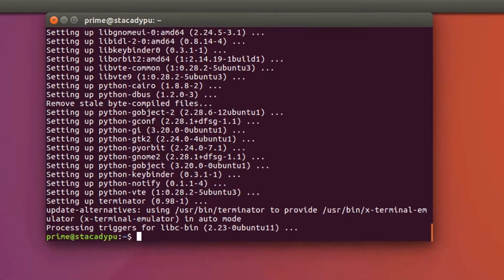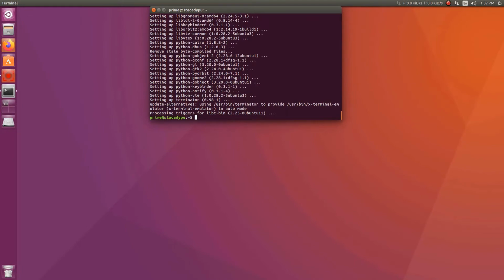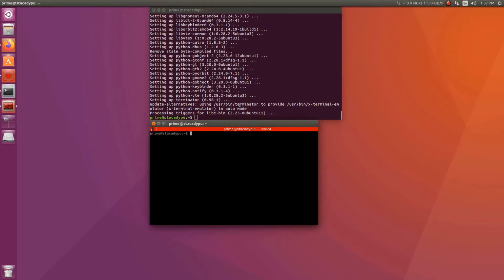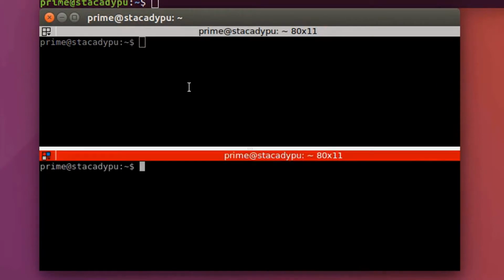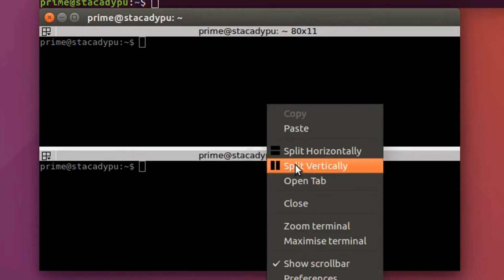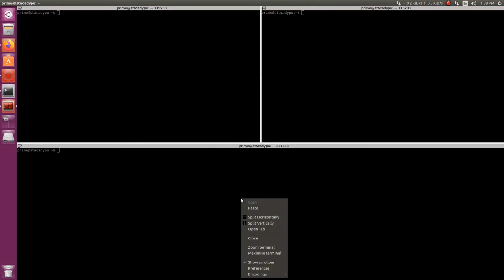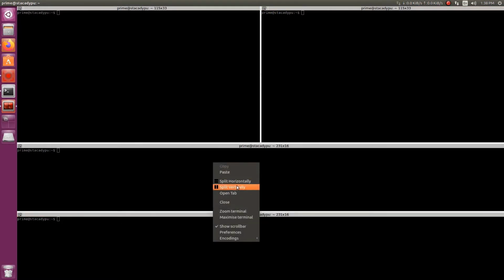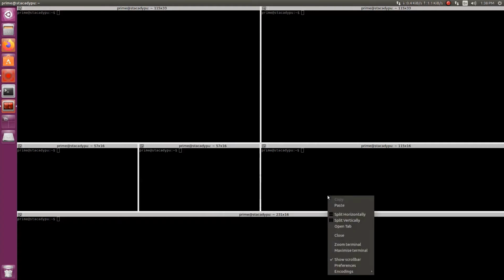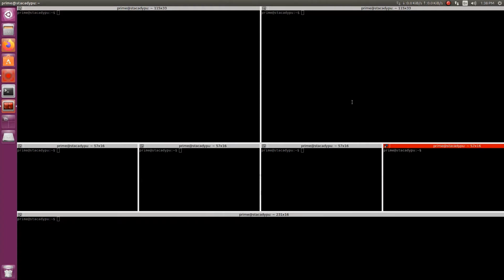Once Terminator is installed, if you open up a new terminal using Ctrl+Alt+T, you would find a slightly different terminal from that of Ubuntu. The main advantage of Terminator is that if you right click on it, then you can split the terminal horizontally or vertically according to your wish. And you can also add as many terminals as you want, and they snap cleanly with each other. Also, you can navigate through these different terminals by pressing Alt and the corresponding arrow key. The red bar indicates the active terminal.